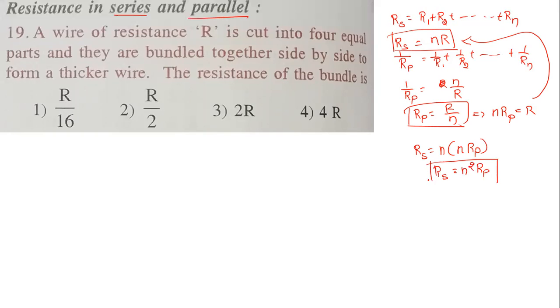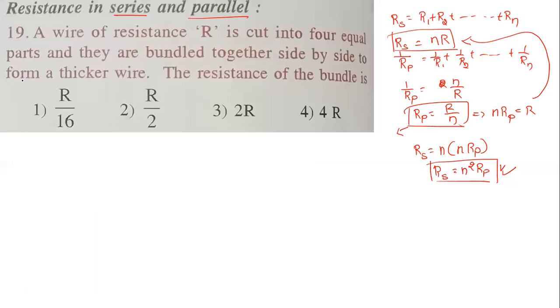So the relation between the resistance when connected in series combination and the same connected in parallel combination is by this equation. In parallel combination, resistance will decrease. In series combination, resistance will increase. Okay, is that clear related to resistance now? So let us come back to the question now.